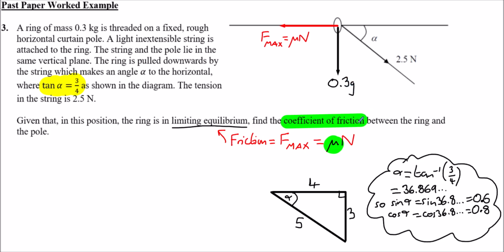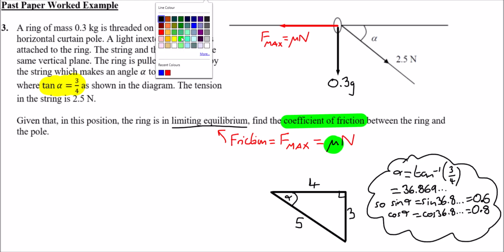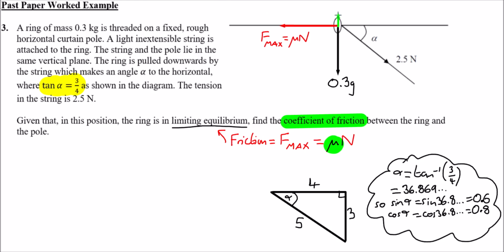And the normal reaction will be perpendicular to the direction of this pole. So the normal reaction force in this case will be going upwards as we look at this diagram. So N is angled upwards like so. This force here, the tension in this string, can be again resolved going along the curtain pole and perpendicular